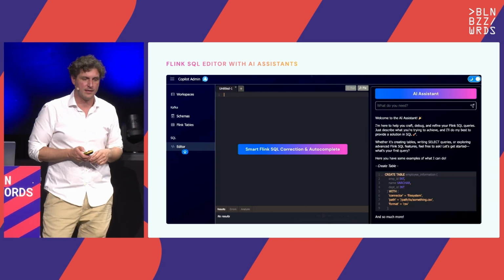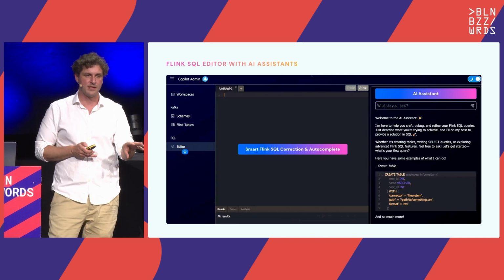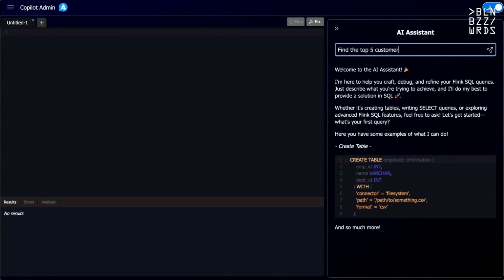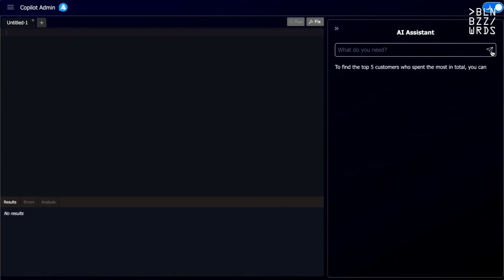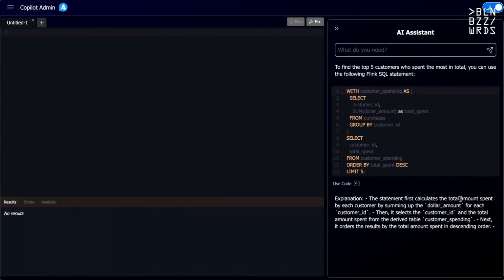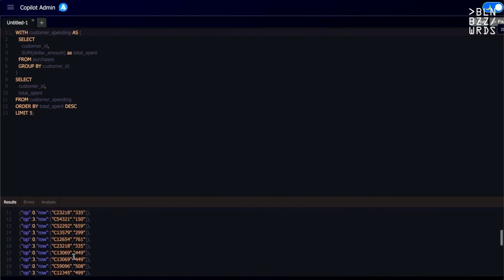Another application for it would be a SQL editor, where you have an AI assistant being context aware. So the AI assistant here sees what the user is typing in terms of the queries the user writes, and can help them to autocomplete and correct these statements at the same time. It's a bit like Cursor. If you think of coding, you can give it instructions in natural language, like what is the data you're looking for. In this case, for example, top 5 customers, it will autocomplete the relevant topics, so it has knowledge about your underlying data infrastructure, and then it starts to generate these statements. You can directly copy them over with this little use code icon here, and then you can run the statement, and then you have a way to automatically fix it, ask additional questions, run the variant statement. It will basically try to help you complete this data